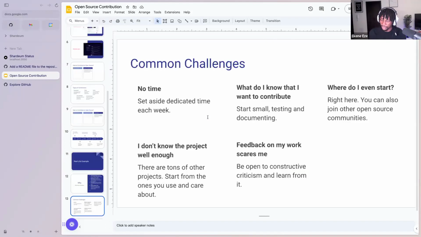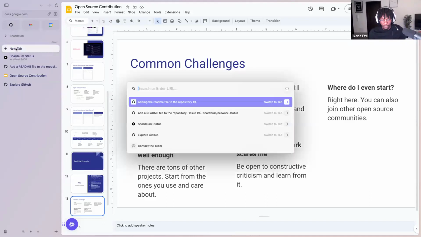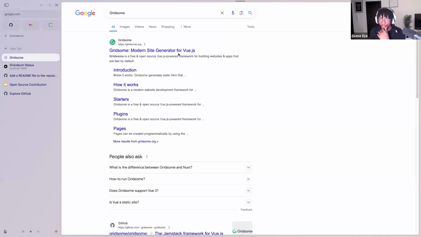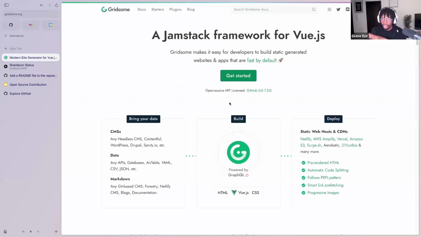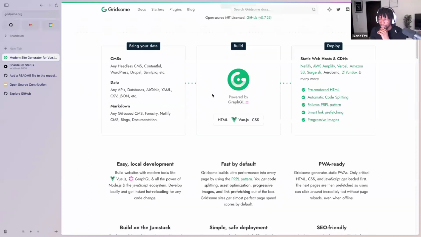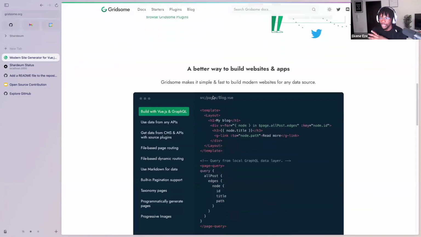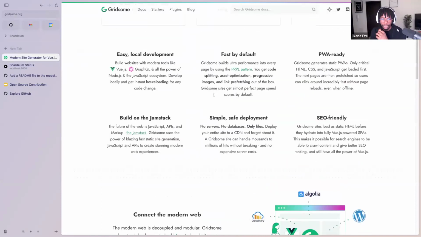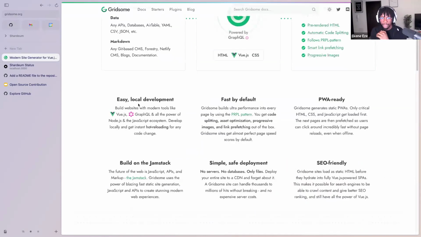That's also one of the very good benefits of why people contribute to open source. Now, there are some common challenges that I've heard in my time working in open source, and even before then. One of them is, I don't have time. One way that you can make time is to set some time apart every week or even on weekends. My first open source contribution was to Gridsome. Gridsome is a Vue.js framework, a static site generator at the time. It's been a long time ago, but this is the first project that I ever sent a contribution to, and it was merged, and I was so happy. I was over the moon. It's probably maybe 3 years ago.